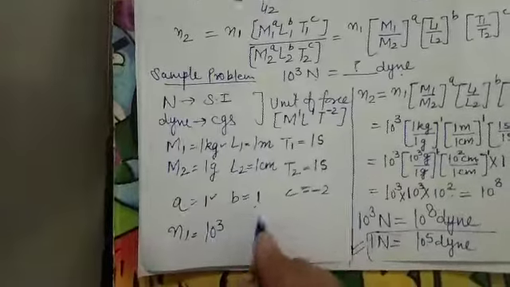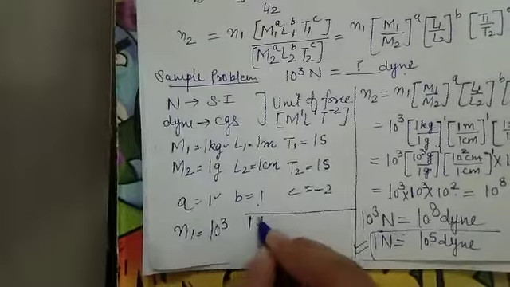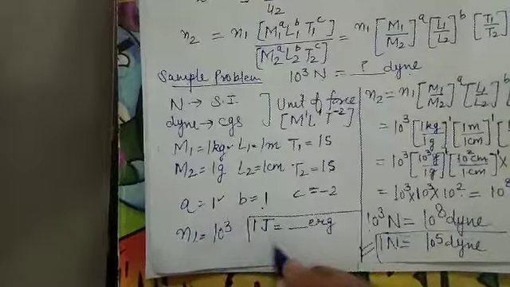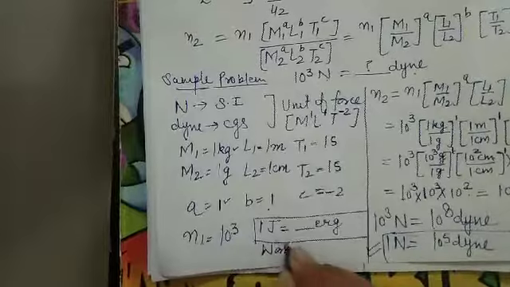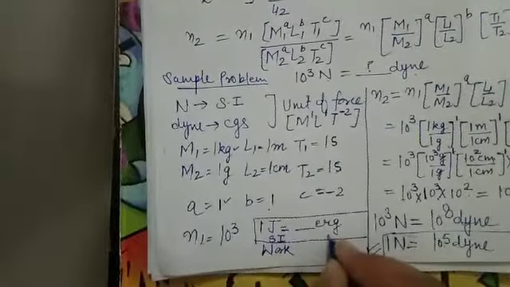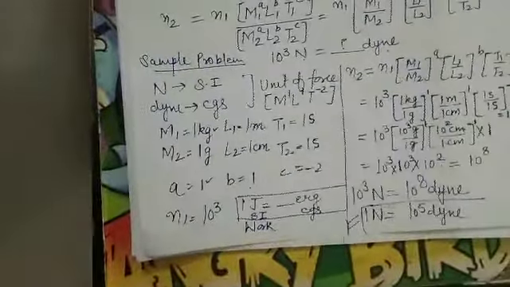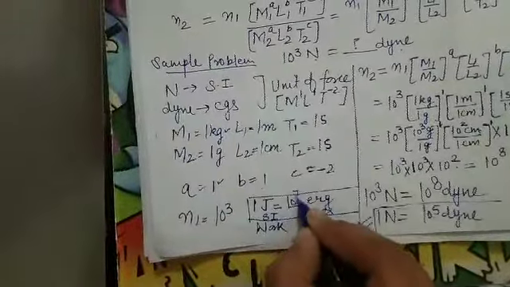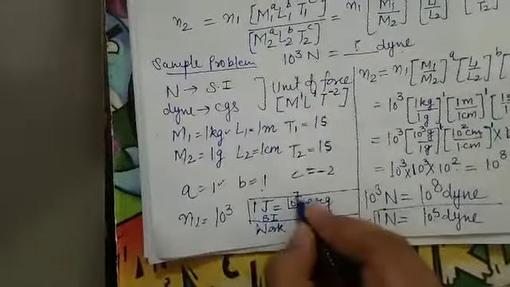Okay, I am giving you a practice problem: you have to convert 1 joule into erg, where joule and erg are units of work. Joule is the SI unit of work and erg is the CGS unit of work. It means you have to convert the SI system to the CGS one. I am telling you the result will come 10 raised to power 7. So check yourself whether the result is correct or not.